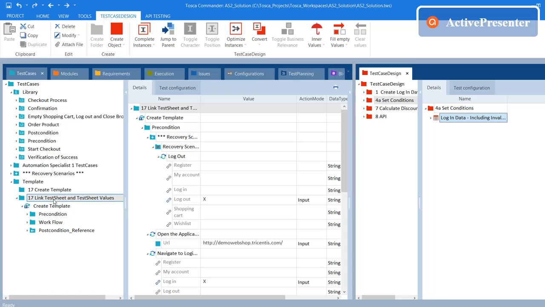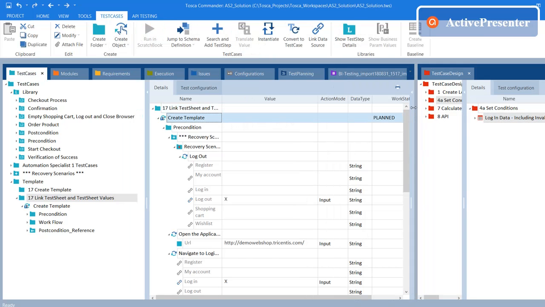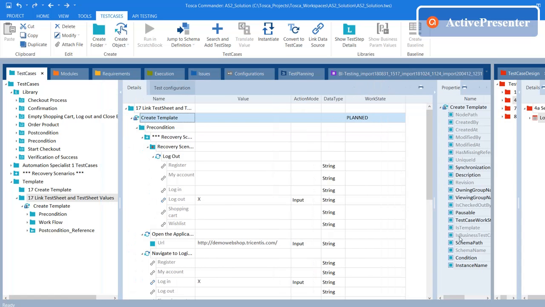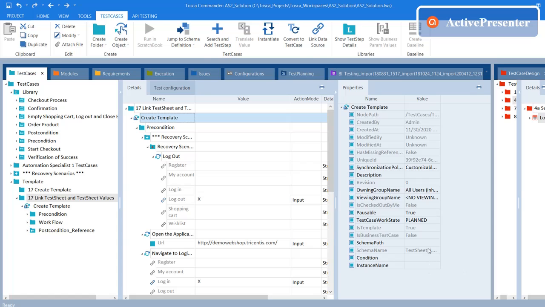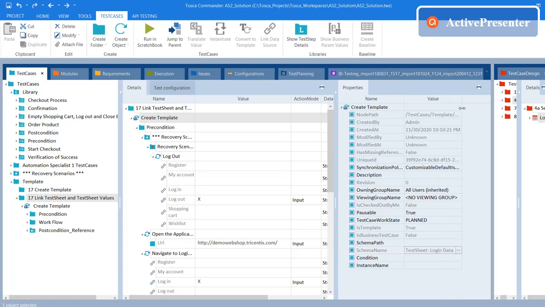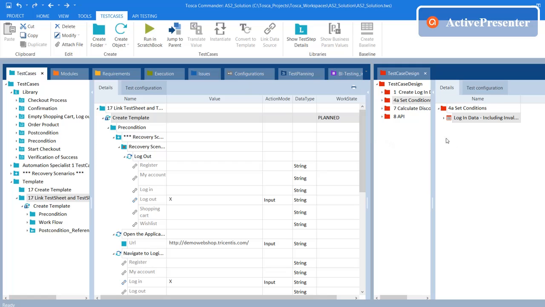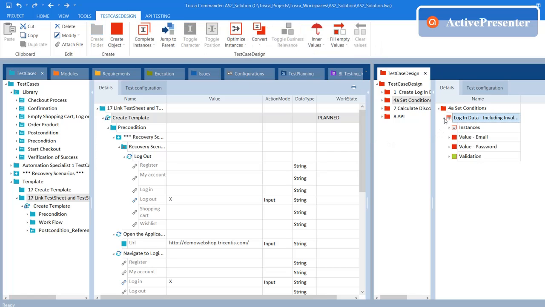Or you can do another thing, you can basically see the properties. So if you click here and then click on properties, in the properties pane you can see the test sheet that has been mapped. Basically, if you want to see the test sheet which is mapped to the corresponding template, you can see it under properties as well. Okay, so once you complete linking the test sheet to the template, what we should do next, we have to,